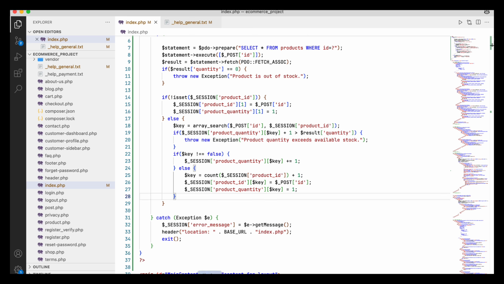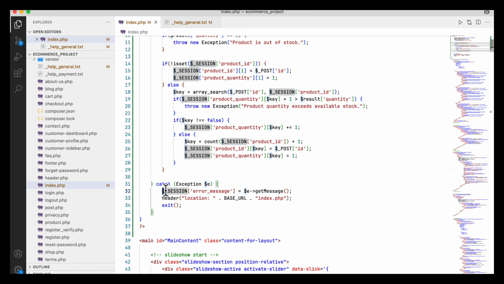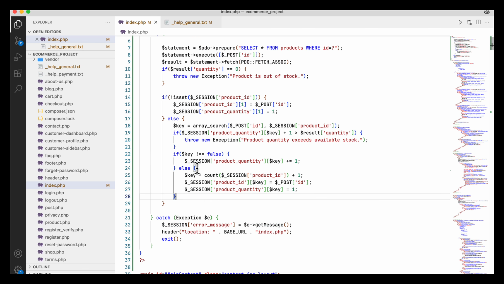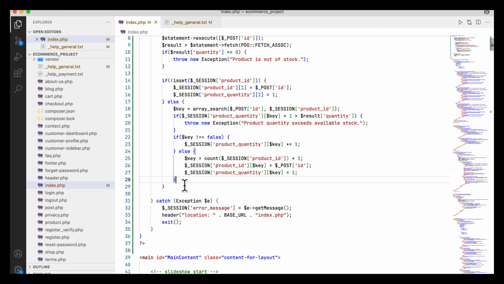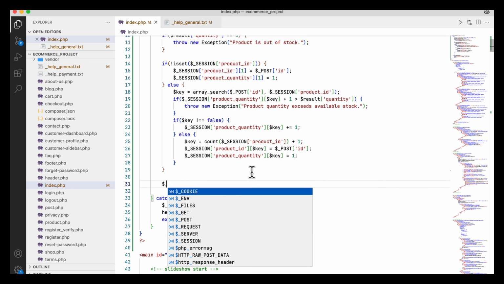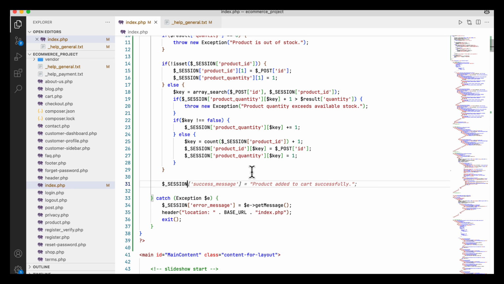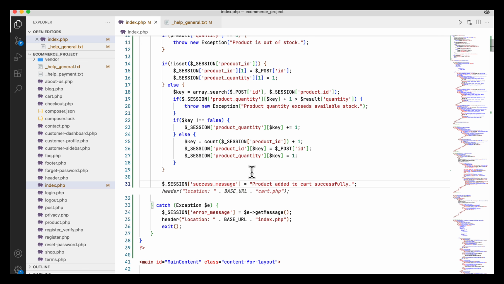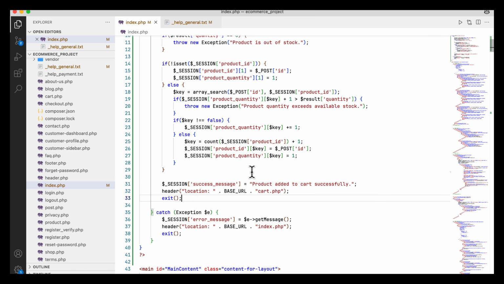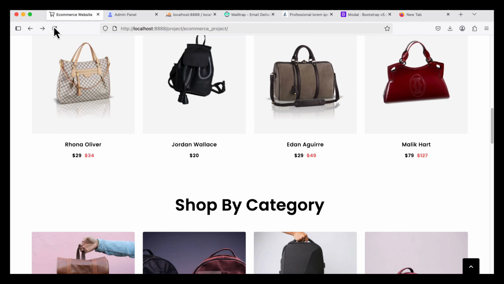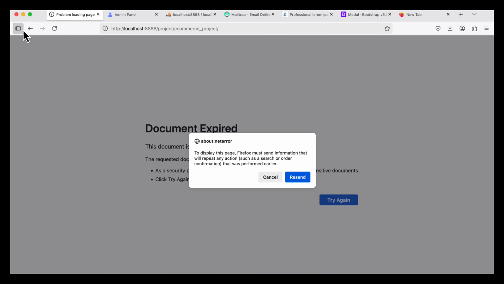It is okay. Now after this thing, you easily show the success message here like this. That means after this line I am going to use the session success message, product added to cart successfully. Then you can take the user to the cart, or you can keep it at index.php again if you want, so that is not a problem. Refresh,